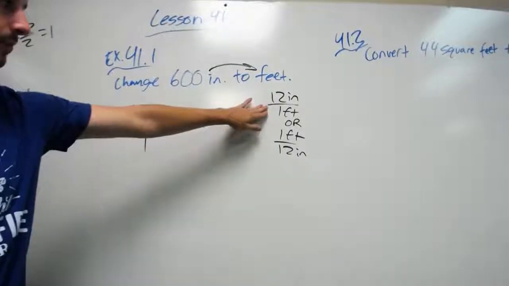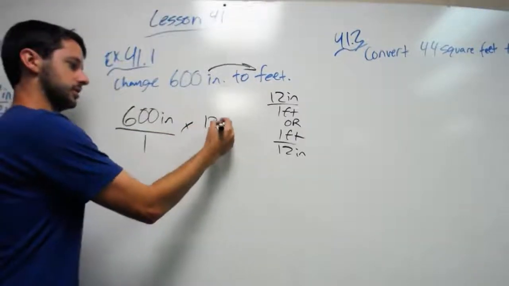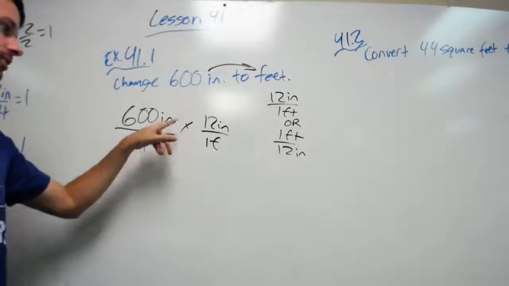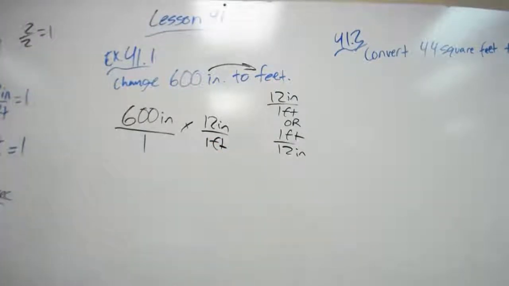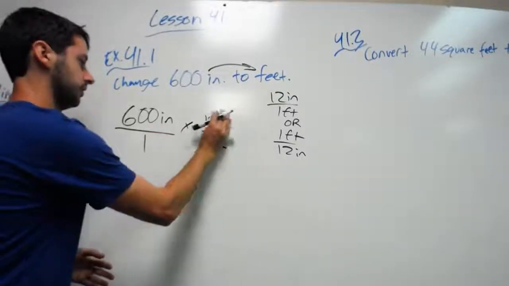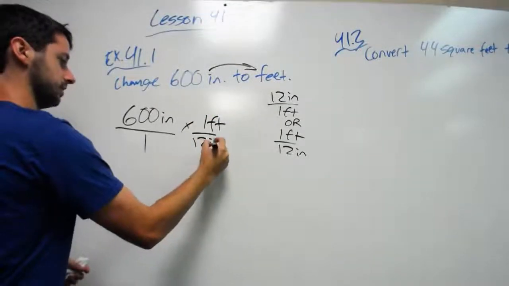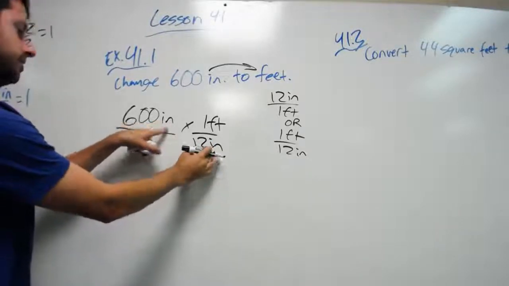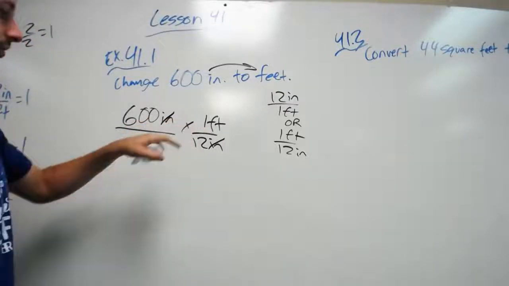So which one could we plug in here to be able to cancel the inches? Well, if we did 12 inches over 1 foot, we would actually get 600 times 12 inches squared. The inches would multiply, and that would be over a foot. That's not what we're looking for. We're looking for it to be converted to feet. So what we would do is write it 1 foot over 12 inches. Now notice that these are on top and bottom, so it's basically inches over inches, so they can cross out. And we would be left with 600 feet